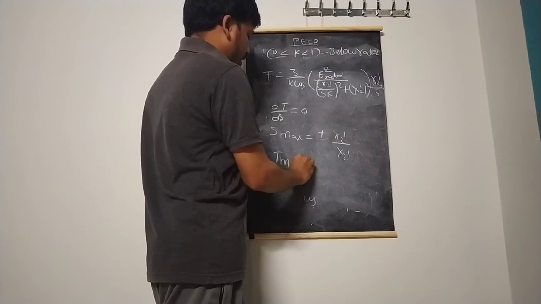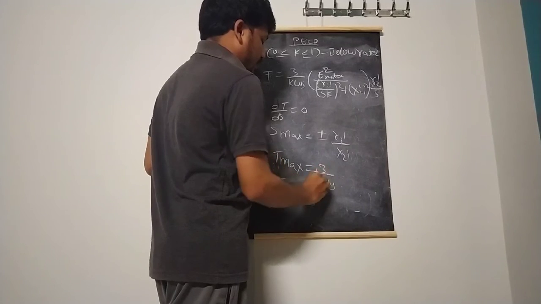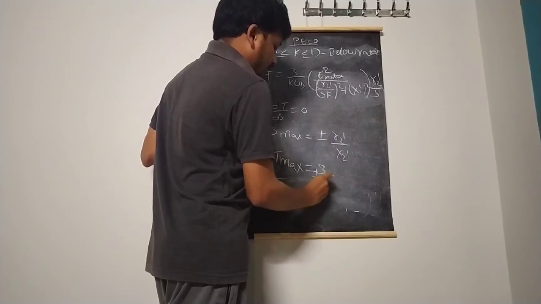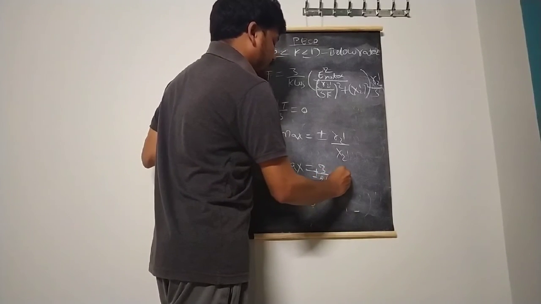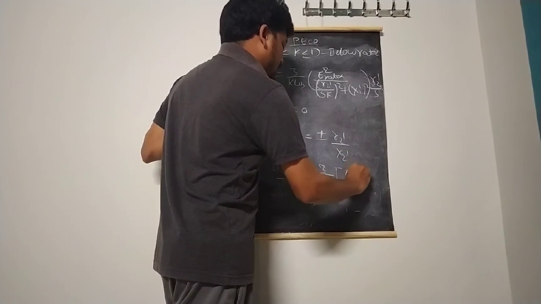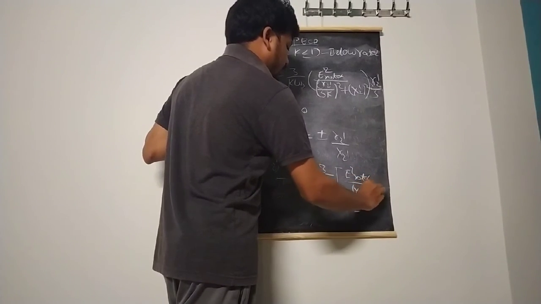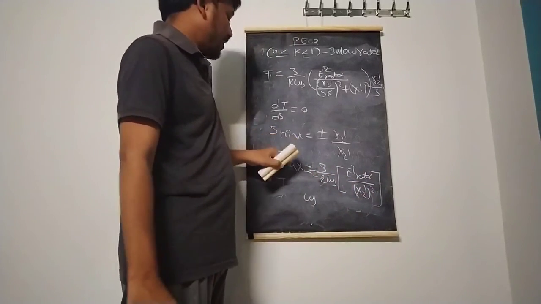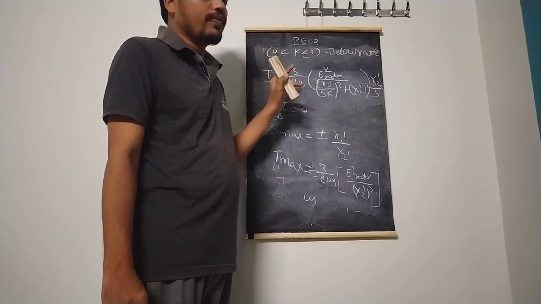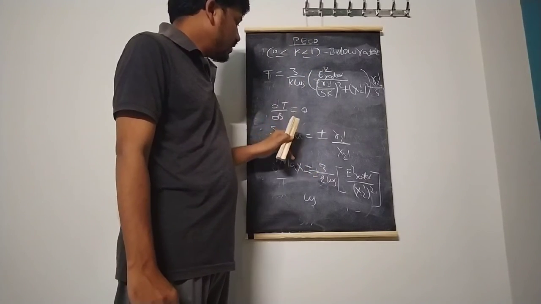Then at this condition, what is the maximum torque? T maximum is equal to 3 by k omega s, plus or minus 3 by 2 omega s into E s rated by x2 dash whole square. So this is the torque at which maximum torque occurs under the speed in the range of from 0 to below rated speed, that is the k value should be 0 to 1. From below rated speed, this is the T maximum, this is the torque, this is the S maximum.